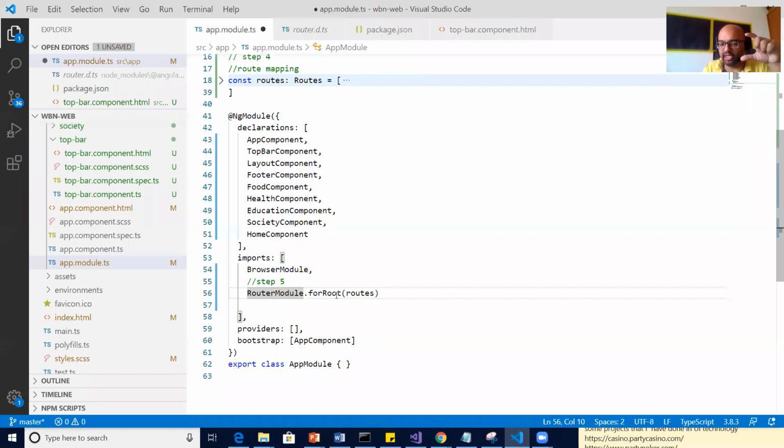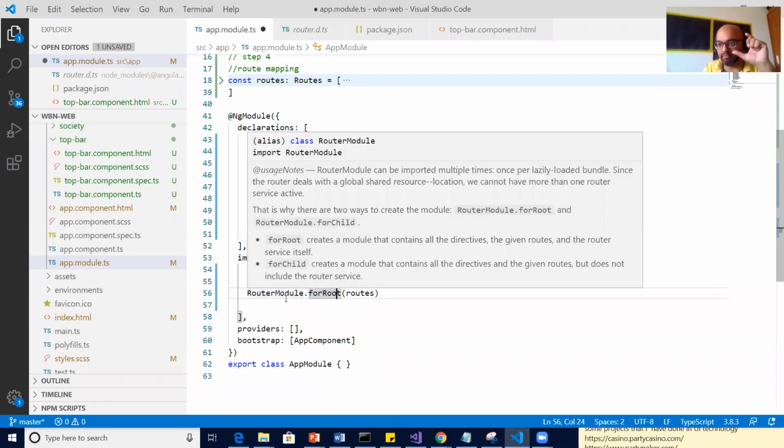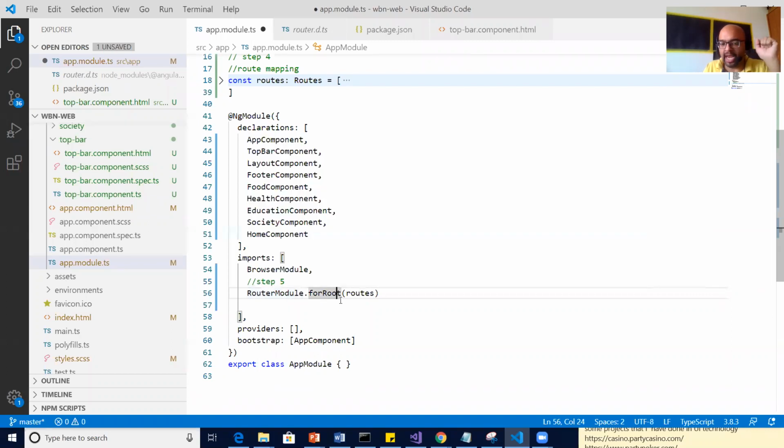Router module, in its forRoot method, will check what the parameter array is. So router module is going to take the education path or route name and look in the array which we have passed in our forRoot method. And what is this array? This one.